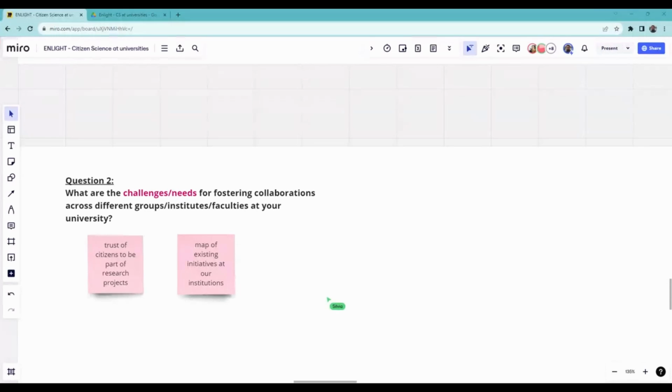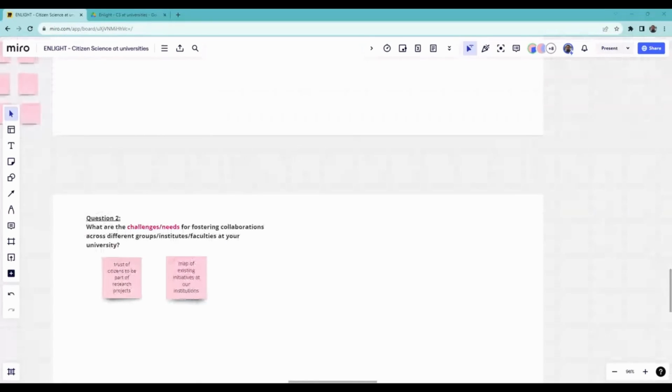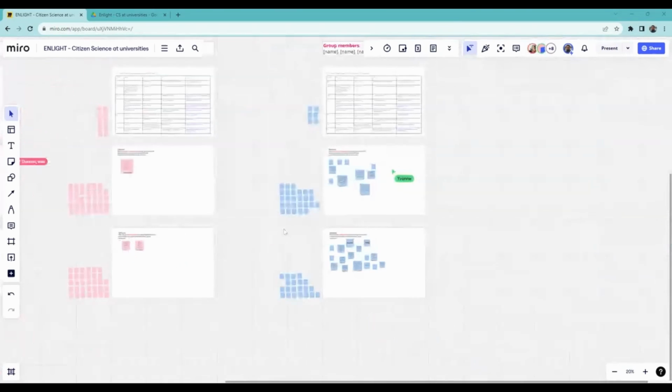Thank you so much, especially for the point on mapping activities at your organization. As I mentioned earlier, we're working on some sort of structure for capturing that information and hopefully visualizing it in a nice way. So let's be in touch on that, and it would be nice if we could provide a structure that you could then use to map these activities at your respective organizations. Perfect, thank you very much.